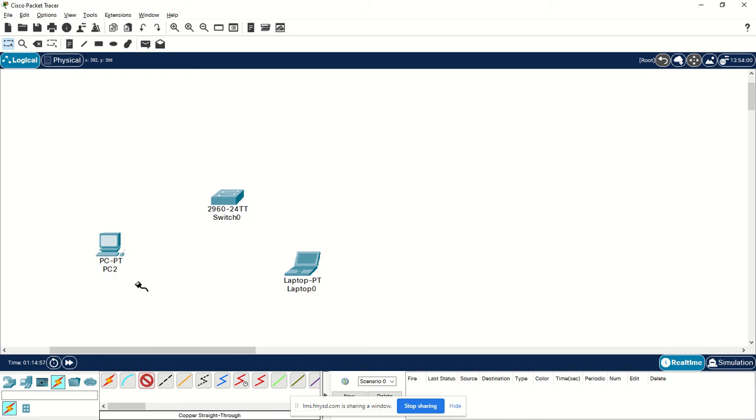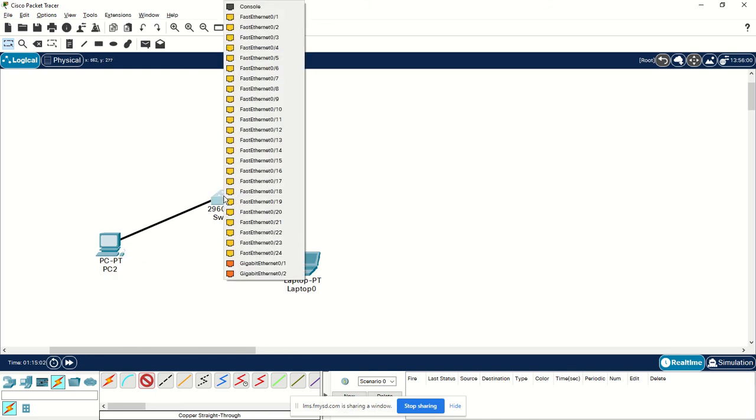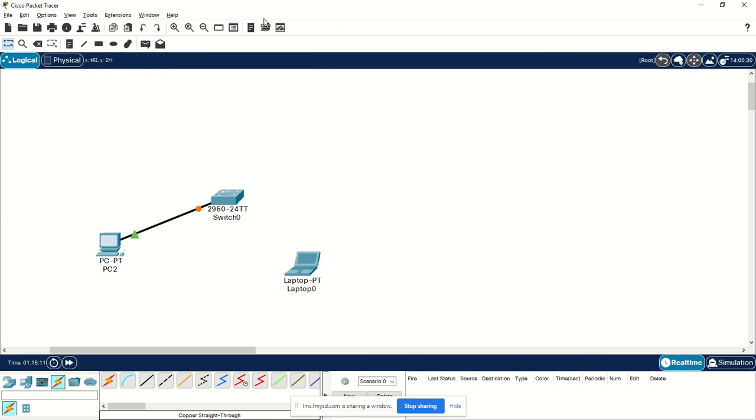So I'll click on the Fast Ethernet 0, drag it, drop it, and choose one of the ports of the switch. In this case, I'll just pick the first one, the FastEthernet 0/1. Got it, right? Now let me show you what the automatic